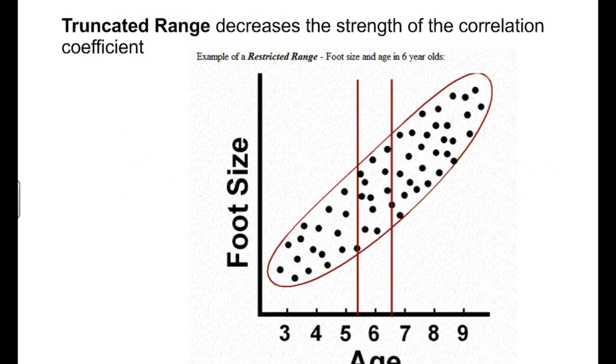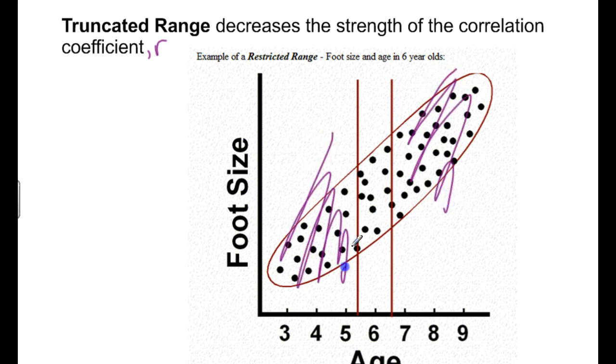This other thing I want to mention was the truncated range. It decreases the strength of the correlation coefficient. Remember, the correlation coefficient is called R. It's decreasing the strength. You can see if you look at the original data, that is fairly strong, moderately strong, or strong might be the data there. But if you, in a sense, block out this part and block out this part and only look at this data in between here,